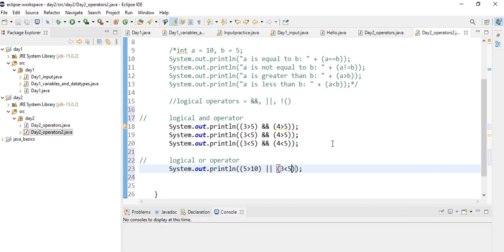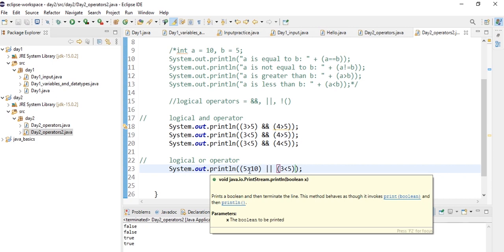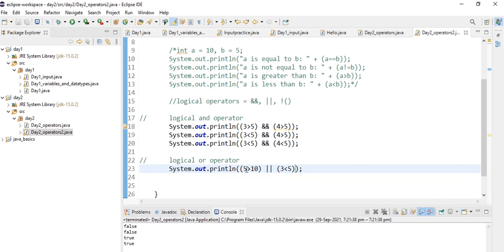And let's print here. Here it is evaluating to true, because 5 is greater than 10, no, 5 is less than 10, and 3 is less than 5, yes. What the logical OR operator is doing is that even if one expression is true, it is evaluating to true. 5 is greater than 10 is false and 3 is less than 5 is true, so it takes 3 is less than 5 and evaluates to true.